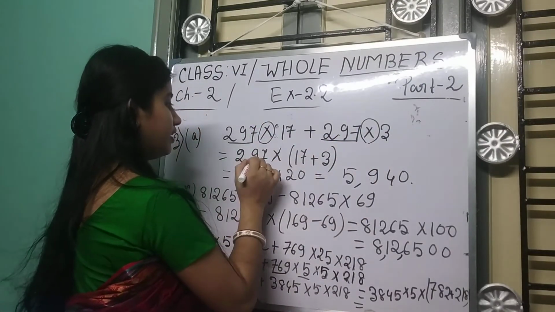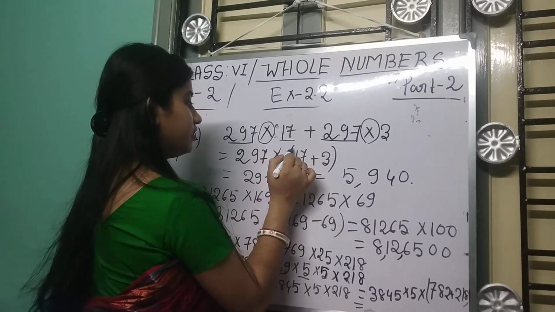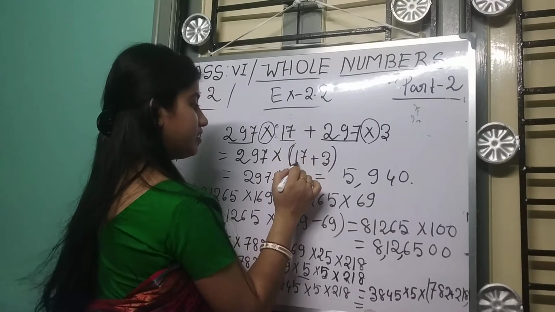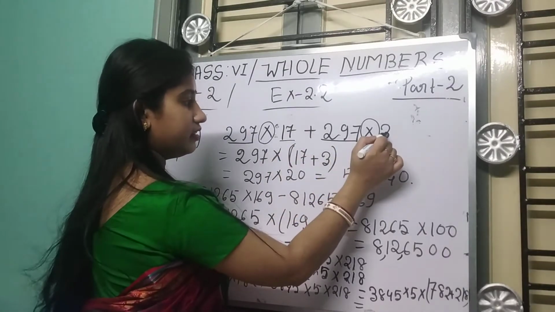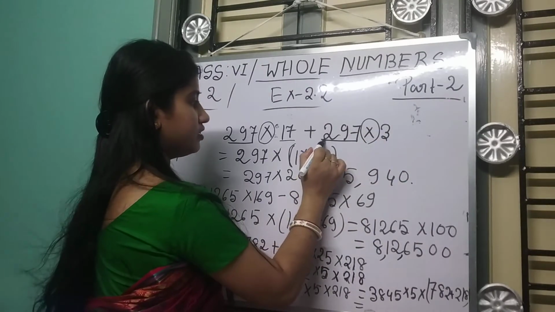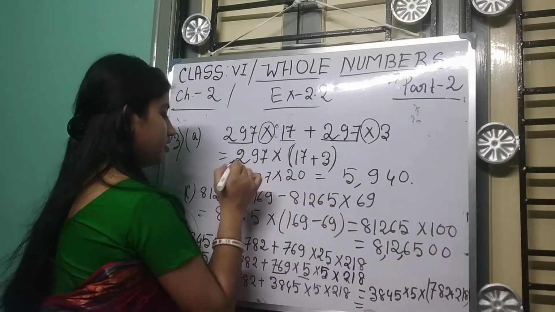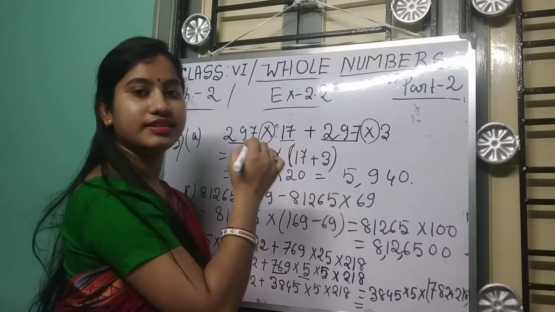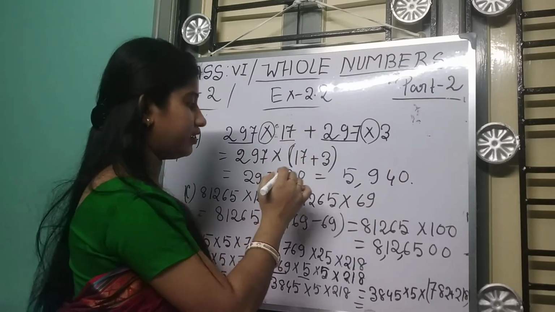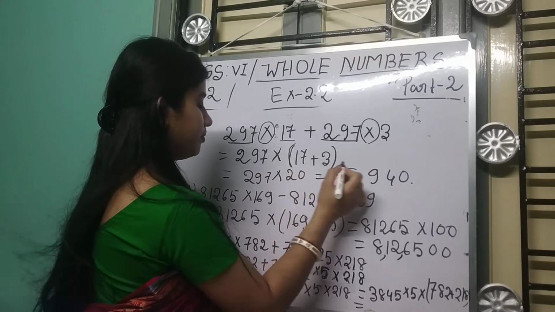So 297 into, here the first number is 17, so in the bracket we write 17 plus, and then this number because this is outside the bracket, so plus 3. Now we get 297 into 17 plus 3. 17 plus 3 means 20. So you get 297 into 20, that means